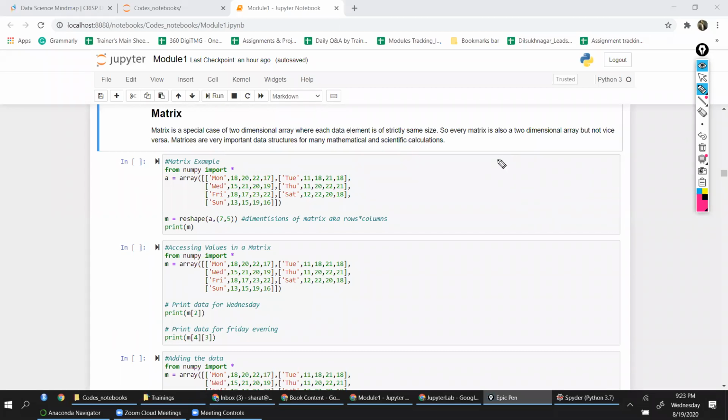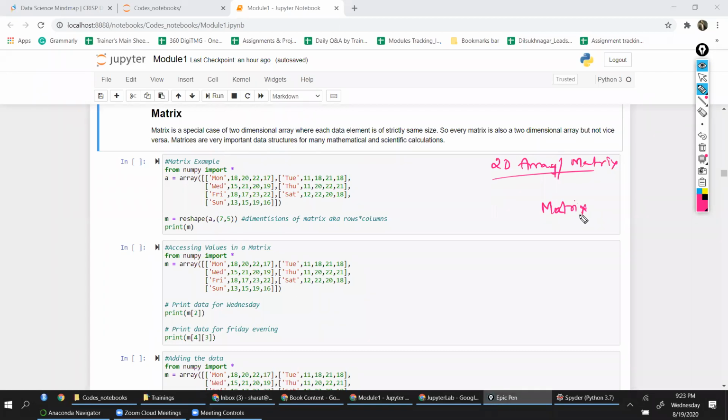Now, the difference between a two-dimensional array, which can be treated as a matrix, and a pure matrix is that here the dimensions of the objects may vary, whereas in a matrix the dimensions will be fixed, they will not vary.